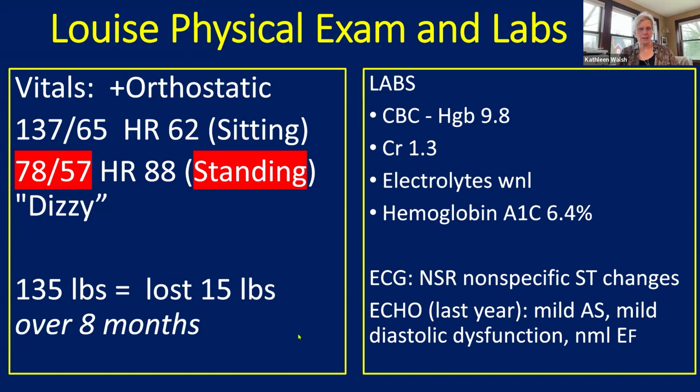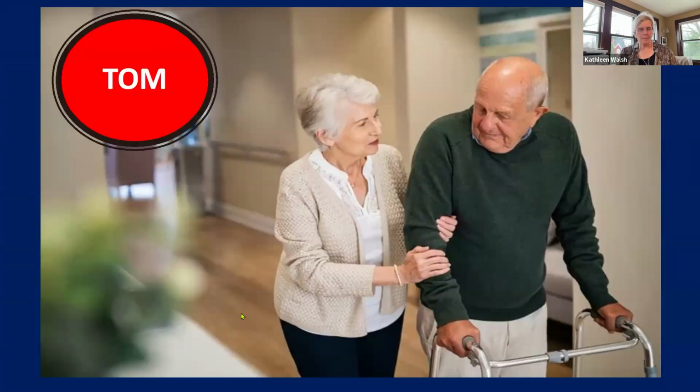So let's get to the next slide. Tom, this is our last patient. Tom and his wife, Dorothy, moved into the skilled nursing facility. They were first in assisted living, and then the very astute staff realized that they needed more help. Tom is legally blind. He's been legally blind for probably 35 years. And Dorothy, his wife, has mild to moderate dementia. So they finally moved him into the skilled nursing facility. And Tom continued to fall primarily in the room.